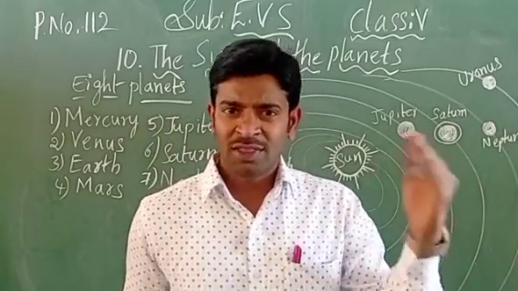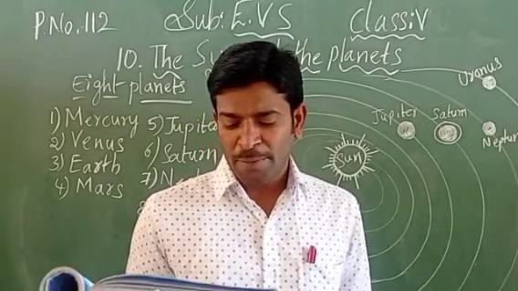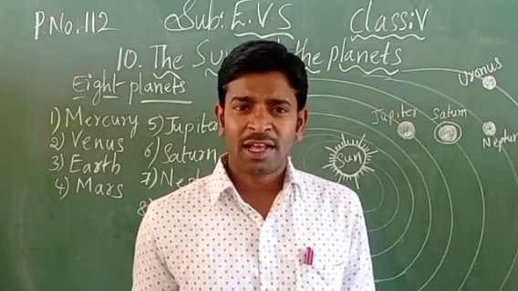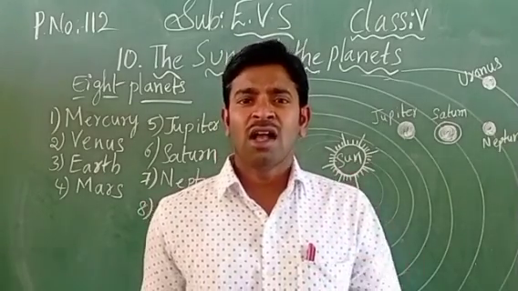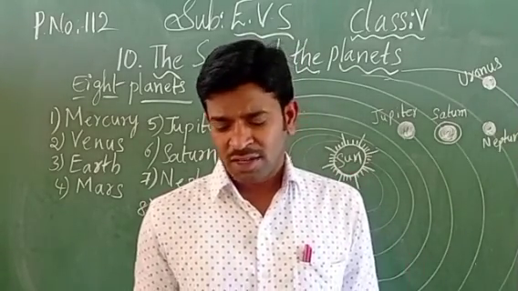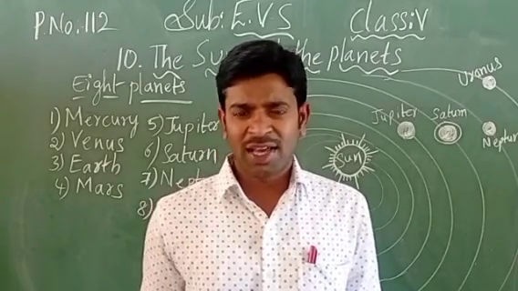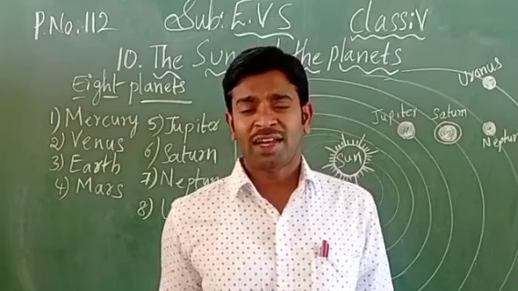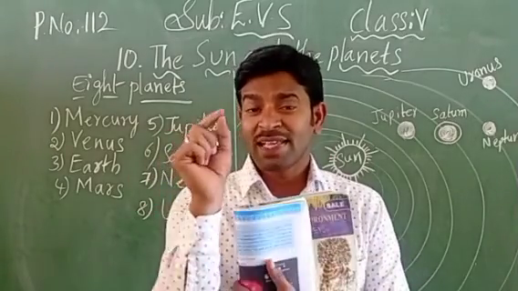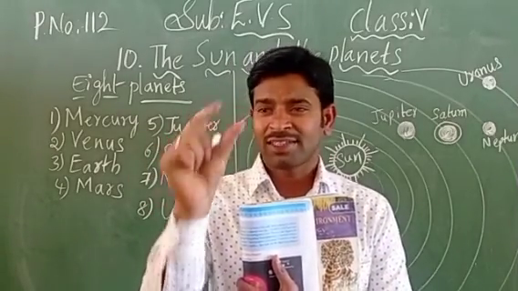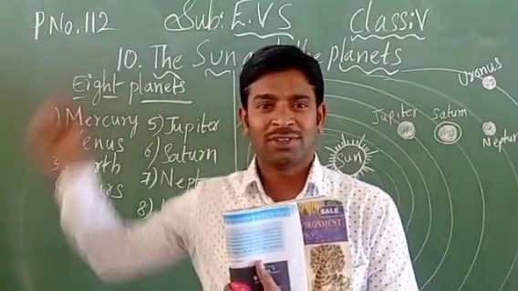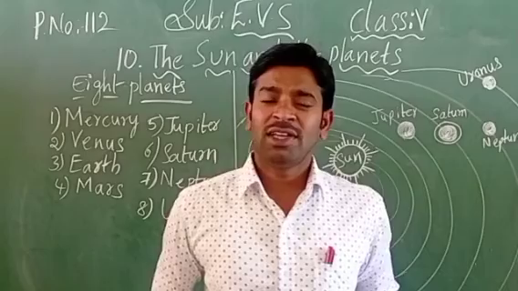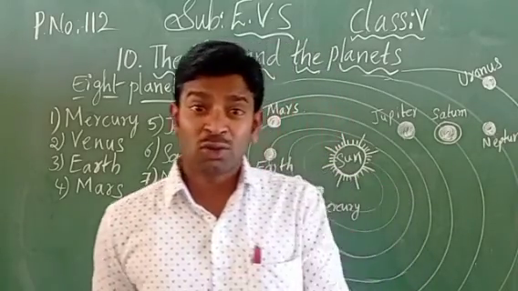Next, apart from the moon, the sun and the stars, do you observe any other objects in the sky? Do you observe, children? In spite of seeing these three things, are you able to see other things? Yes or no? If yes, you can tell yes. Observe and tell. If you see during the night time, some things like a star, stars are going to fall down. You are able to see, no? Stars are going to be falling down like that. So actually they are not stars. What are those? Let us see here.